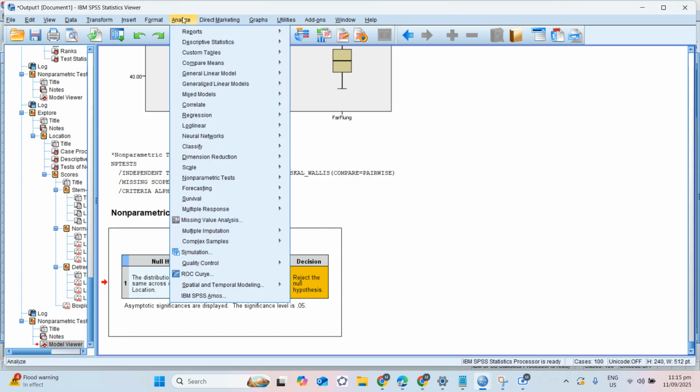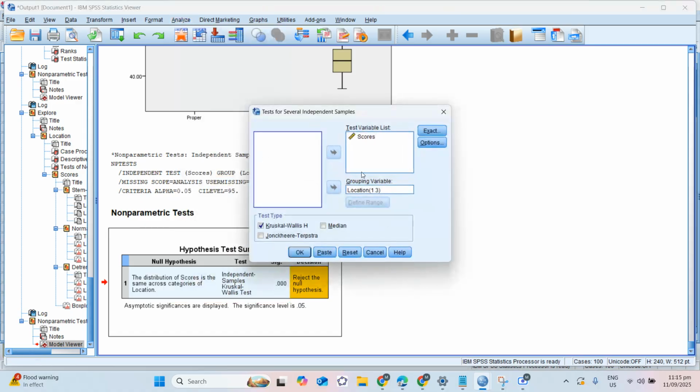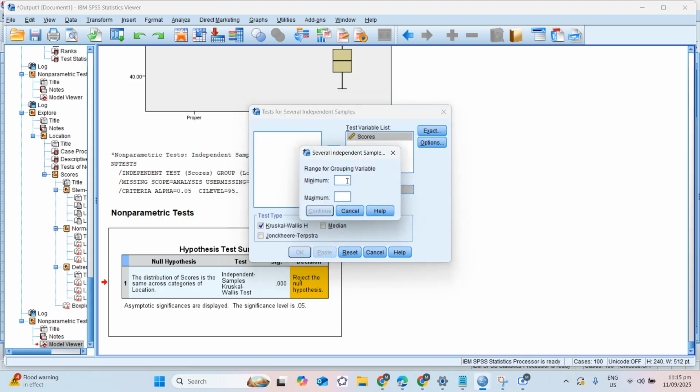Now, for option 2, I'll just go back to Nonparametric, then Legacy Dialogs, and then K Independent Samples. Since I have 3 groups, that's K Independent Samples. So the test variable there is scores, then location as grouping, but it will not work yet if I do not define the grouping variable.